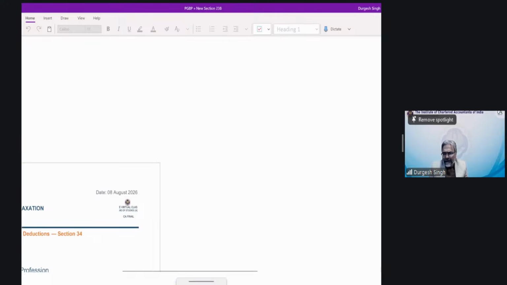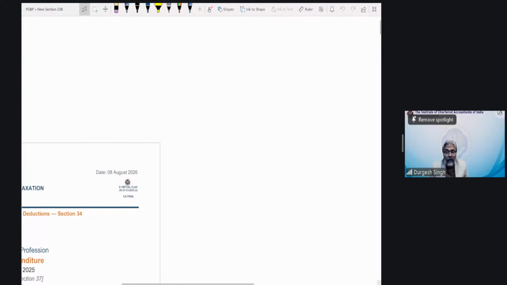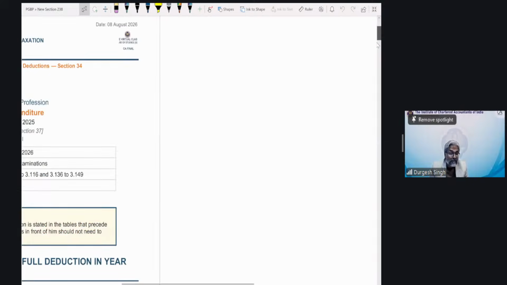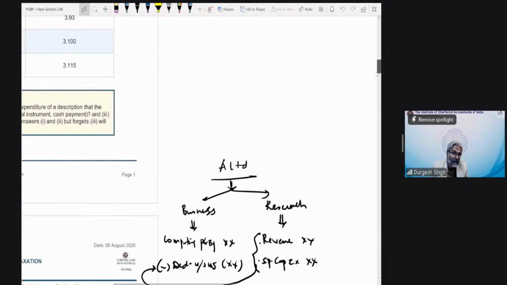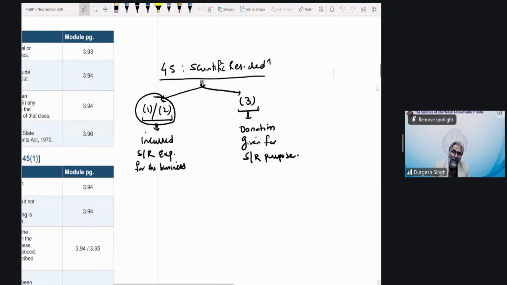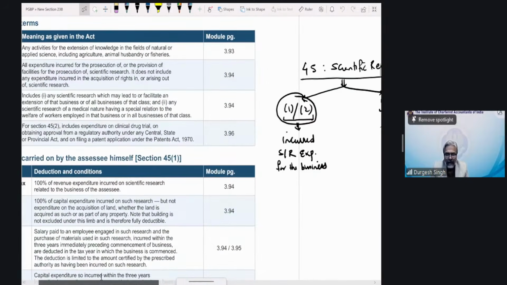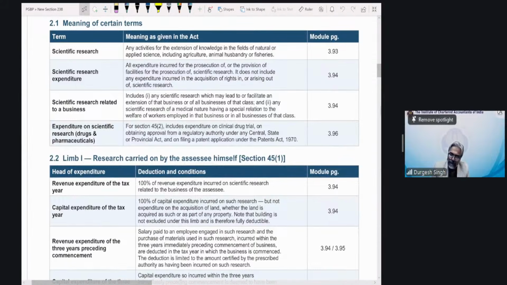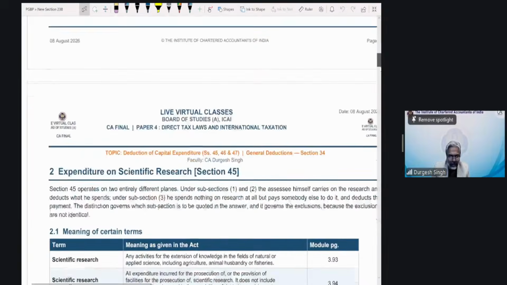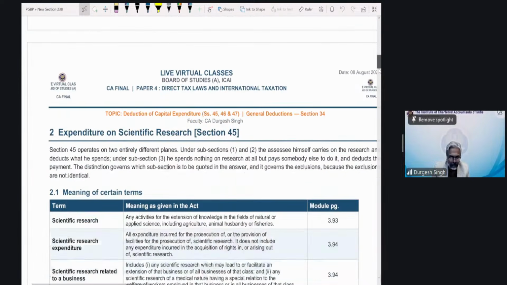Now, in that case, even for example Tata Motors, they have in fact got this heavy deduction of section 45, students. Tata Motors also do a lot of research. So don't think scientific research means only a pharmaceutical company comes to your mind. I'm giving you automobile industries, a classic example of companies that do research. Government says keep on doing research in your research division, keep incurring expenditure, we shall grant you the deduction. We are there now, why worry? So that is what it is, students.